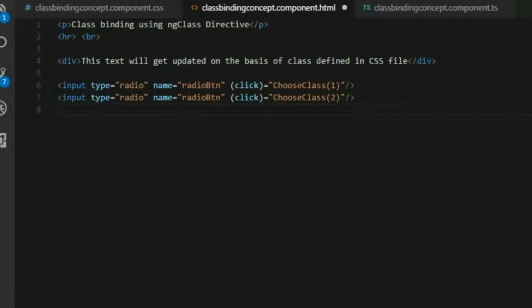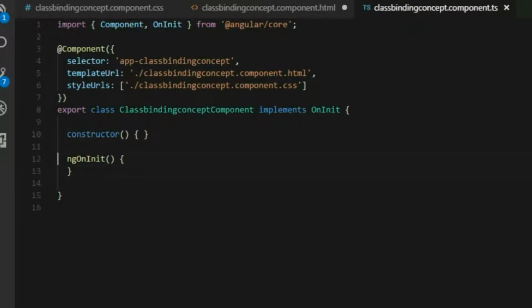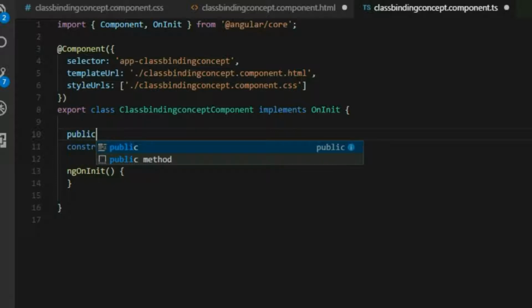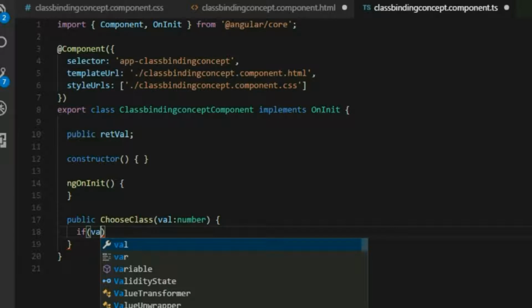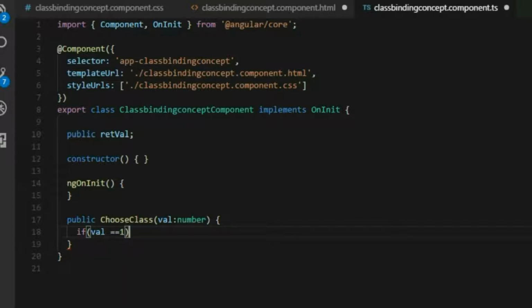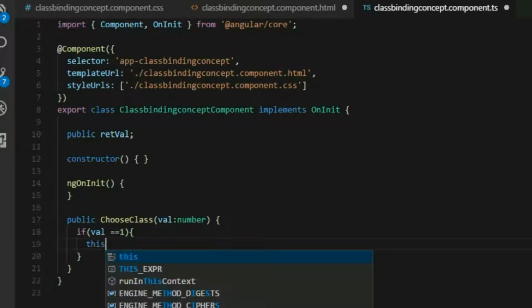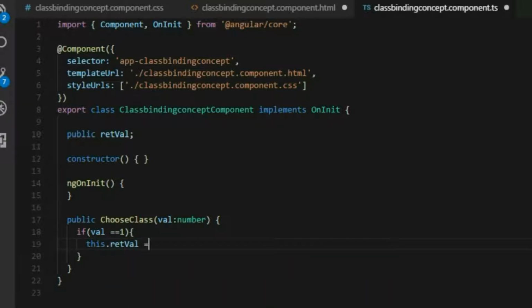class will get picked. Now we'll go to the TypeScript file, and here first we are going to create a variable public retval, which is a short form of return value. This value is going to get returned, and then we are going to create the function public chooseClass, with val of type number, and then if val is equal to 1, this is the value that's going to be passed to the function from the HTML page. Then this.retval equal to